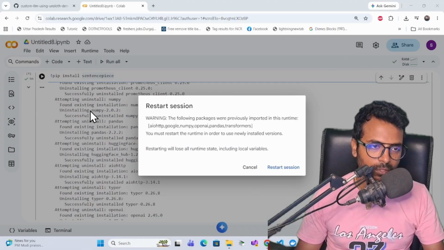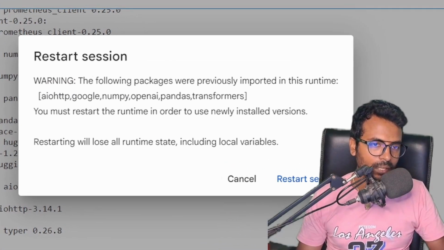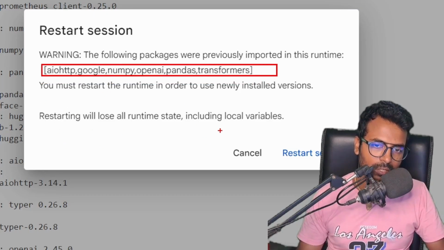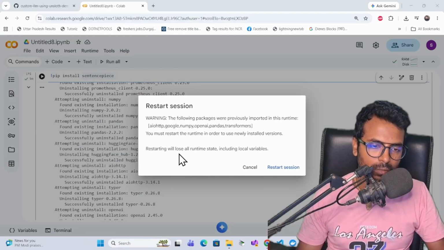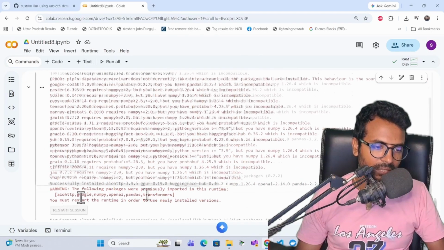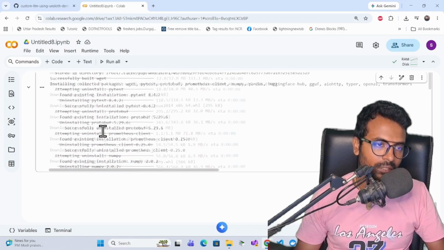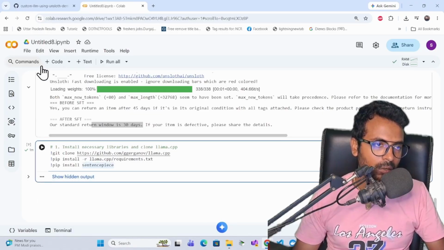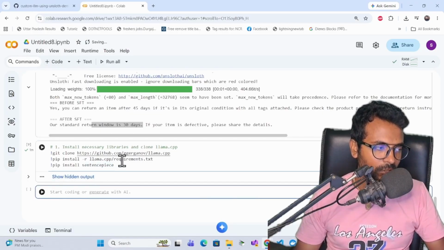Now this step also got completed, but I can see one warning, which looks like the existing transformers package we initially installed is being installed again, so it asks us to restart. But don't restart this Colab. If you restart, you will definitely lose whatever you have done, and you would have to execute everything one by one again. So don't do that. Simply cancel it and accept this warning. All the other packages got installed. That's it. We simply clone it, and the prerequisites in the requirements file get installed. That is enough. Okay, once you're done, let me create another cell where I install the C/C++